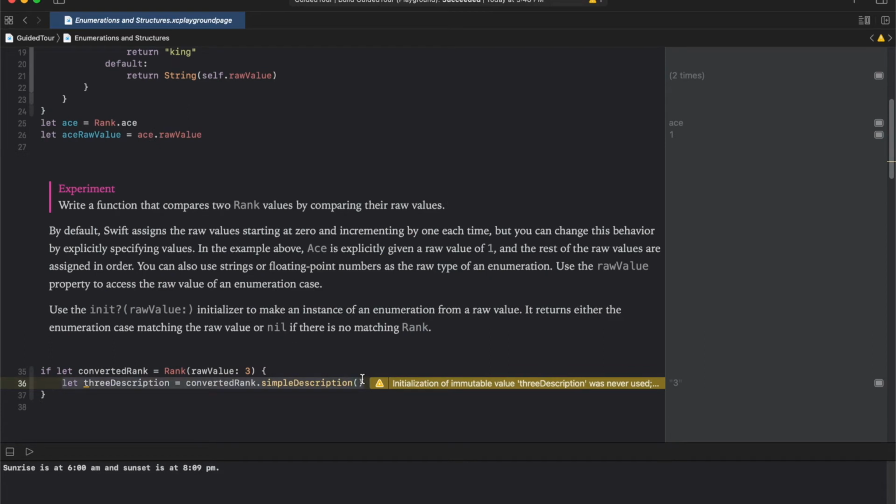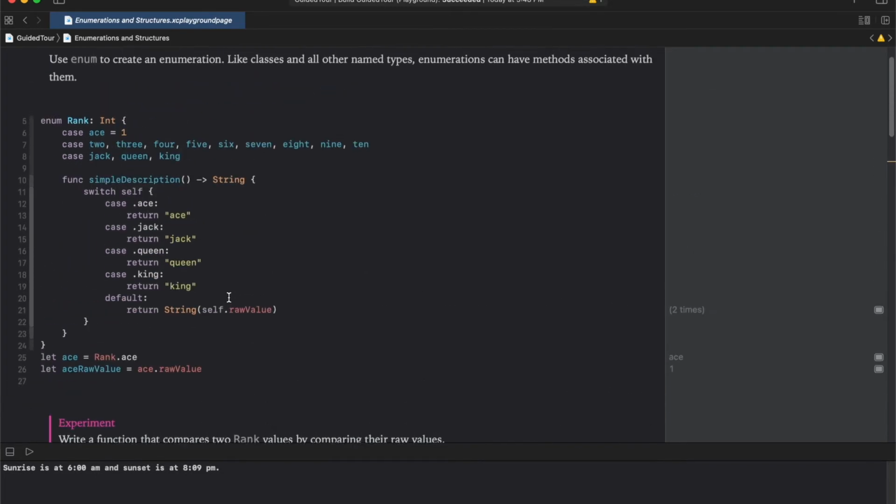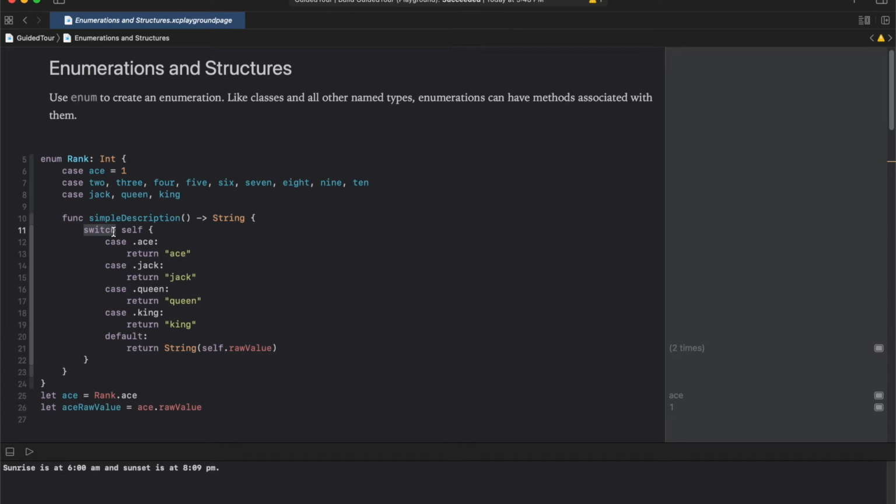And on line 36, we are calling the simpleDescription method of the enumeration and assigning the returned value to threeDescription. The simpleDescription method evaluates the value held by the instance using a switch statement. Now we know that the value held is 3 based on the raw value passed in the initializer.